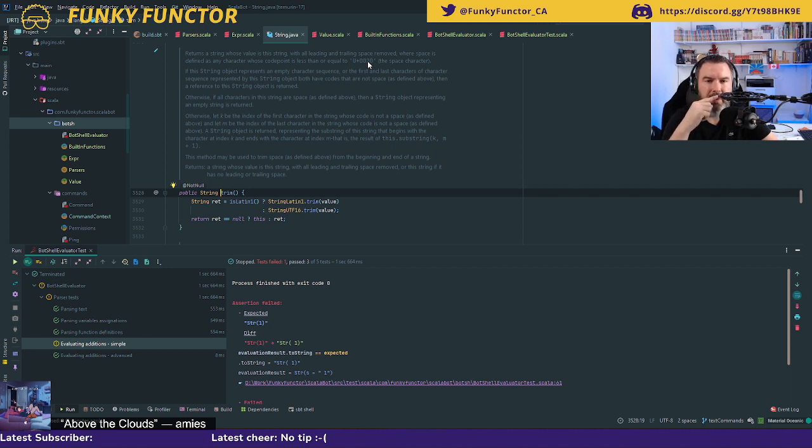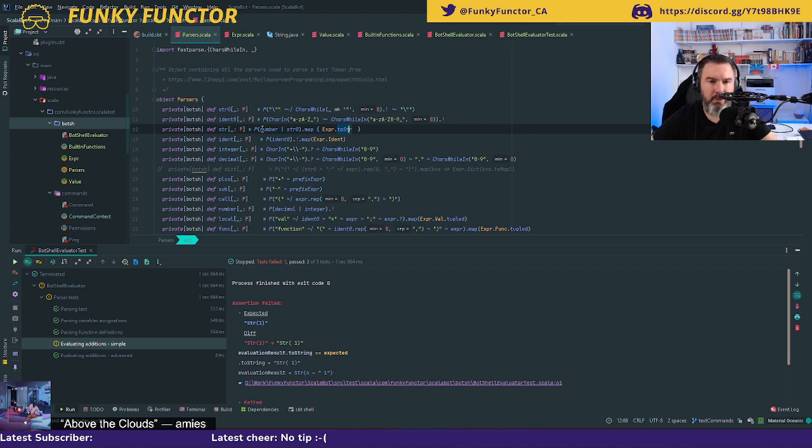I have a problem about this, is that technically, if I use double quotes, then I should not be able to parse it like this. So let's go back to my parsers, and I am just going to separate numbers and strings, because strings must always be surrounded with double quotes, while numbers don't have to.